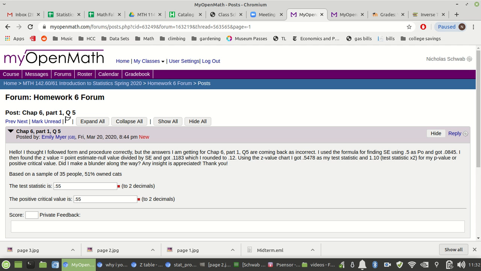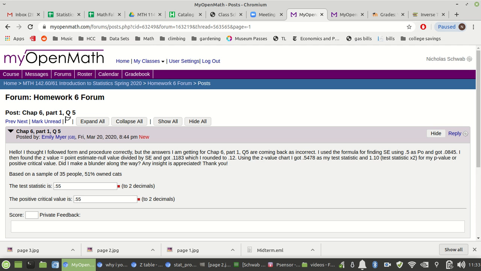So here's what's happening in this problem. The positive critical value is not actually a probability. It is a z-score itself. And so we have to find that z-score. What they used to do is take their test statistic, which is also a z-score, and compare it to the critical value. But what we often also do is take some probability we would get from this test statistic and compare it to our alpha. And so the way we find our positive critical value